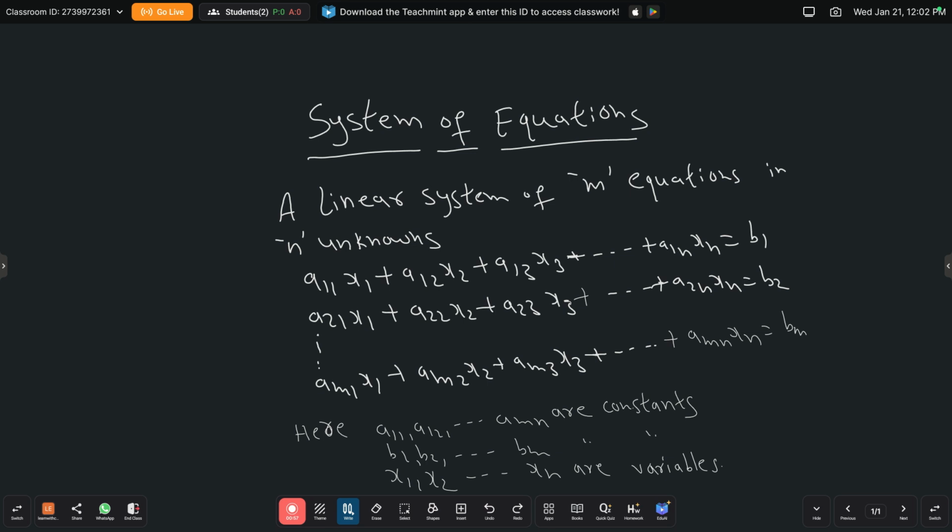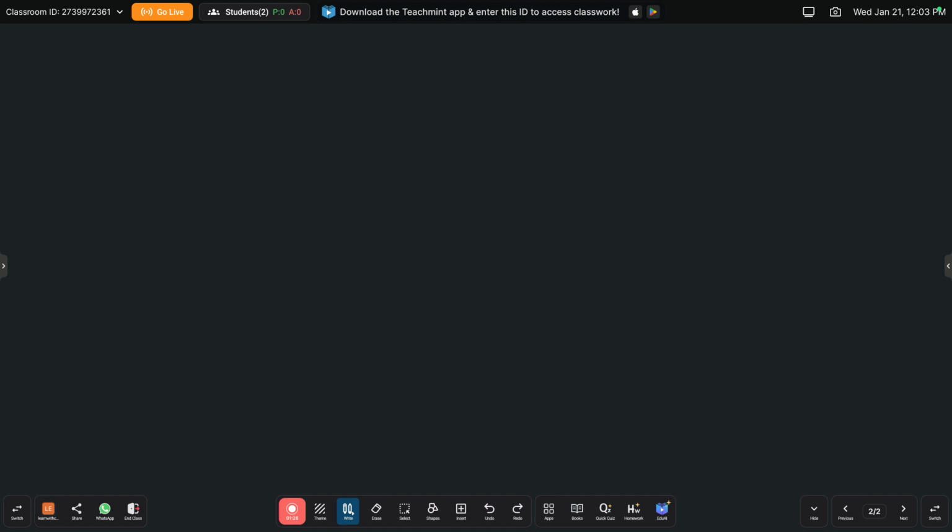So these values x1, x2 and so on xn are also called variables or unknowns. Here a11, a12, a13 and so on am1, am2, amn are all constants, and b1, b2 and so on bm are also constants. Now this is a system of m equations in n variables x1, x2 and so on xn. Now this system can be written in matrix form as